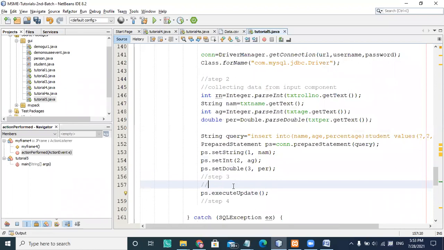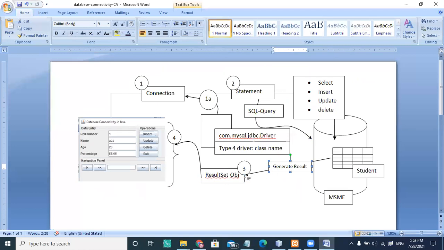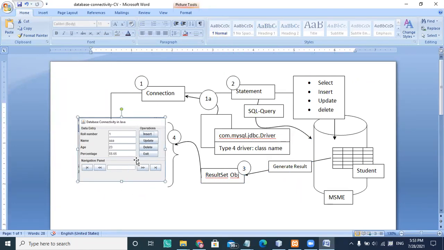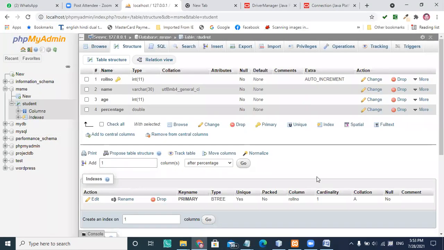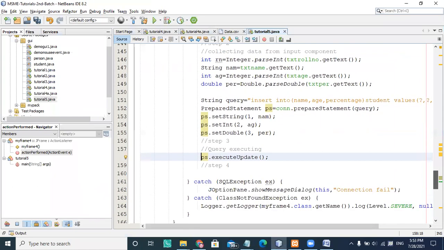So the query is executing, and once the query is executing, it actually returns a result set, which we are not collecting into any kind of result object, neither are we binding this. I will show you in a different way where I collect the information from the select statement.